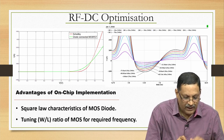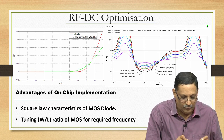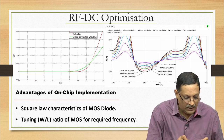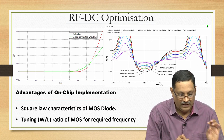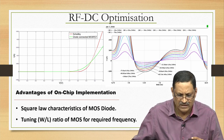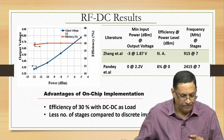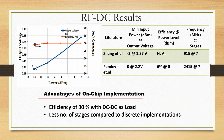So, which means at very low RF input powers, you are able to already start using it very effectively, you are able to rectify very effectively at very low RF inputs already. So, essentially it is just conveying that meaning. But what is important is this nice picture here on the left side, which is a clear indicator to say